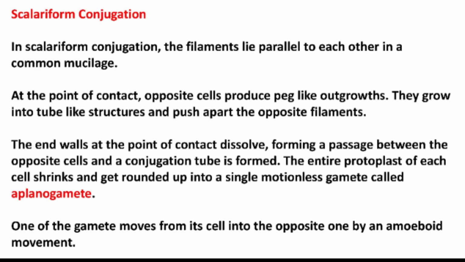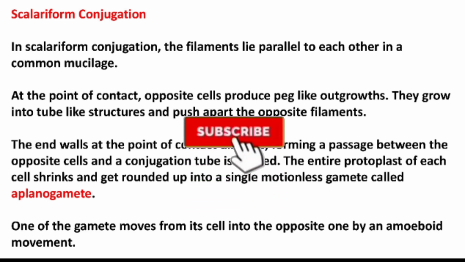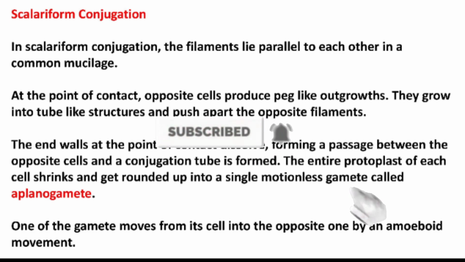Scalariform conjugation in detail. In scalariform conjugation, the filaments lie parallel to each other in a common mucilage. At the point of contact, opposite cells produce peg-like outgrowths. They grow into tube-like structures and push apart the opposite filaments. The end walls at the point of contact dissolve, forming a passage between the opposite cells, and a conjugation tube